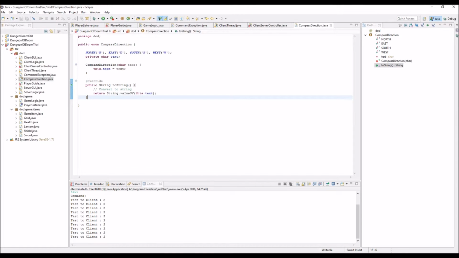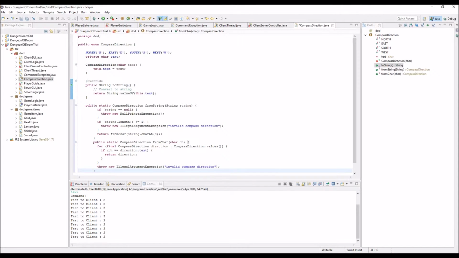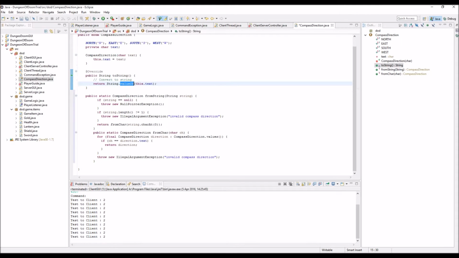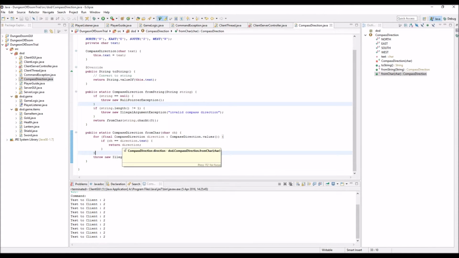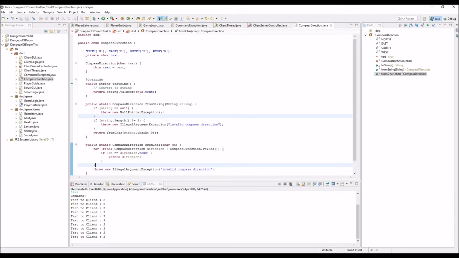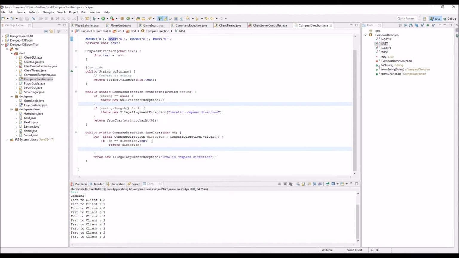Save that. And then we have from string and from char here, which are two methods inside of that we're going to use. So toString will just print that string.value of this text, because obviously you've got to convert it from char. Make that neater. So from string, if it's null for an exception, if it's not equal to 1 for an exception, otherwise return from char that string at position 0. And effectively what it looks through is our values, and then it returns the text for that, so east whatever, or E in fact,